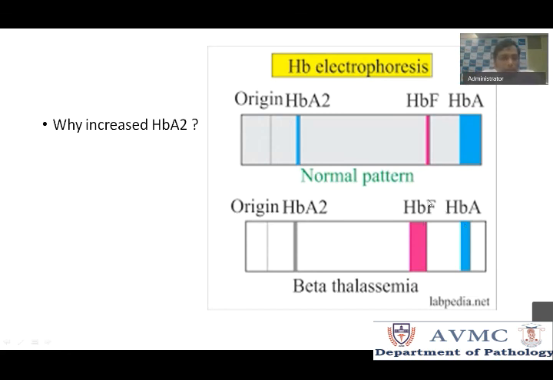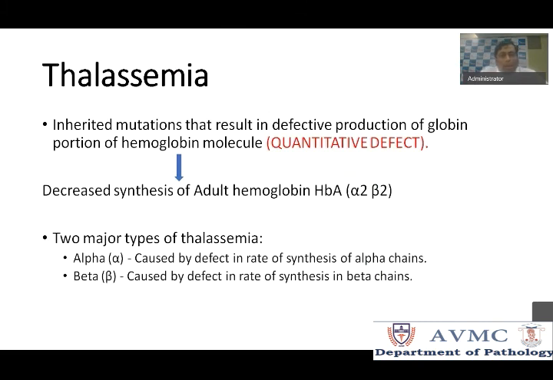So thalassemia is basically a disorder of globin chains, which is quantitative. It's a quantitative globin chain defect. Whereas in sickle cell anemia or HbC, those disorders are a qualitative defect because they have normal levels of hemoglobin chains, but they are qualitatively abnormal. Okay, this is a quantitative defect, thalassemia. Sickle cell is a qualitative defect in globin chains. So thalassemia is basically a defective production of the globin portion of the hemoglobin molecule, and I repeat, it's a quantitative defect. In contrast, sickle cell is a qualitative defect.